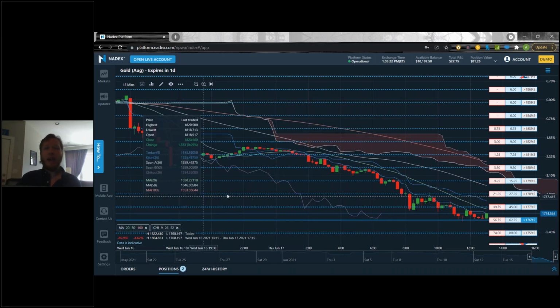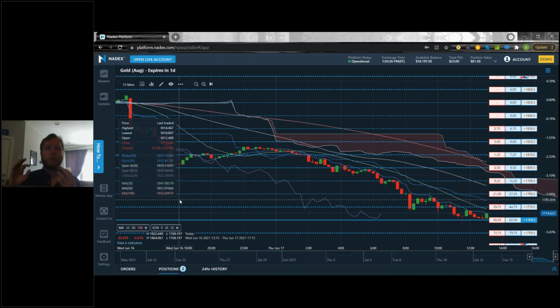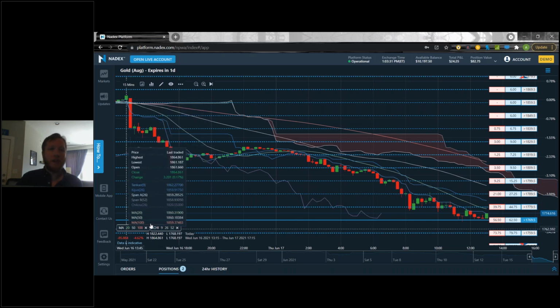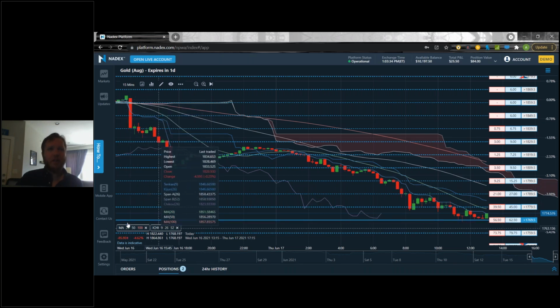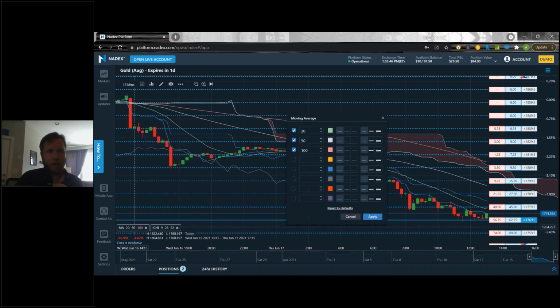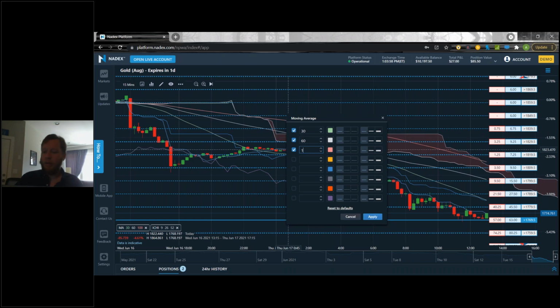Now, let's say I have my moving averages up, but I don't want to use my 20, 50, 100 period averages. You can change those averages. See, I have the MA right here, and I have Ichi right here. On the bottom left of your screen is where you can play around with the indicator settings. So I go down to the moving average here, and let's say instead of my 20, 50, and 100 period, I want to do a 30, 60, and 120 period rather.